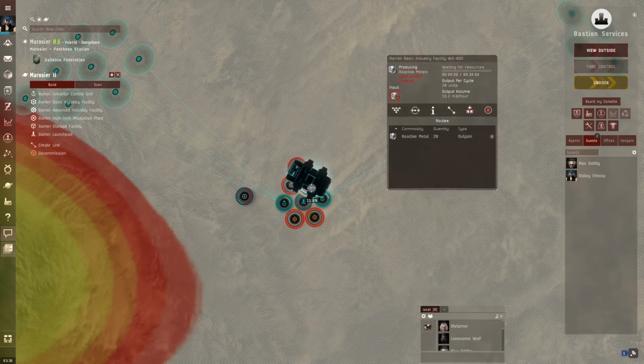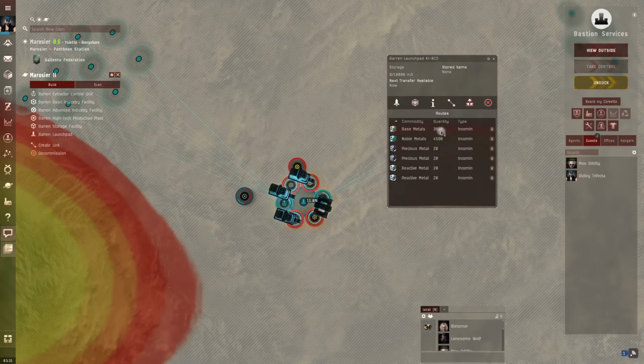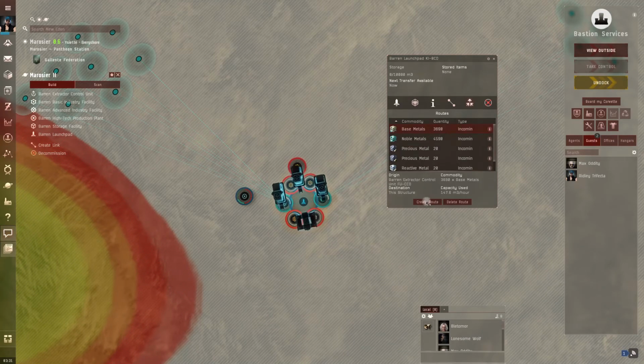We set those up in here. When this guy pumps out reactive metals, they go into here, and that's where these are coming from. All right, these inputs are coming from the extractor heads. So what we're going to do is take this, and create a route of